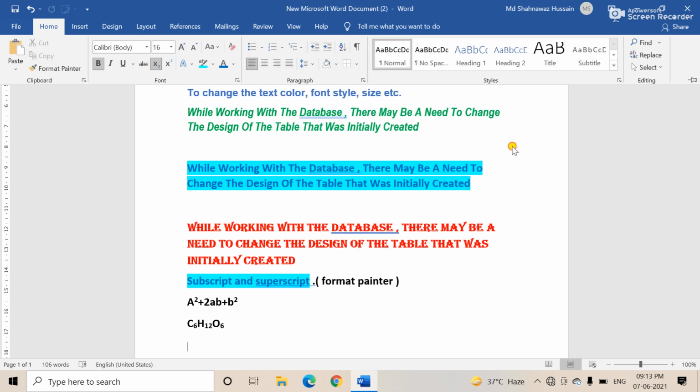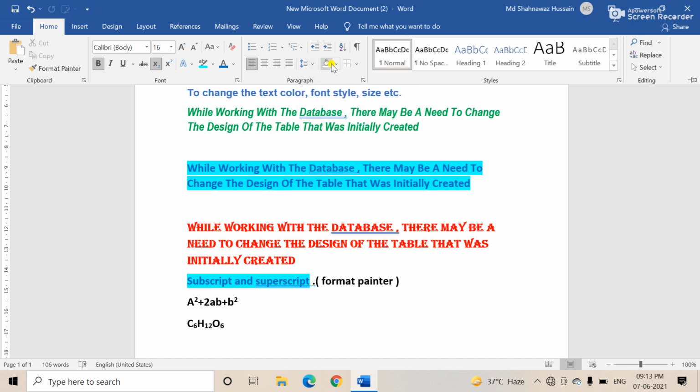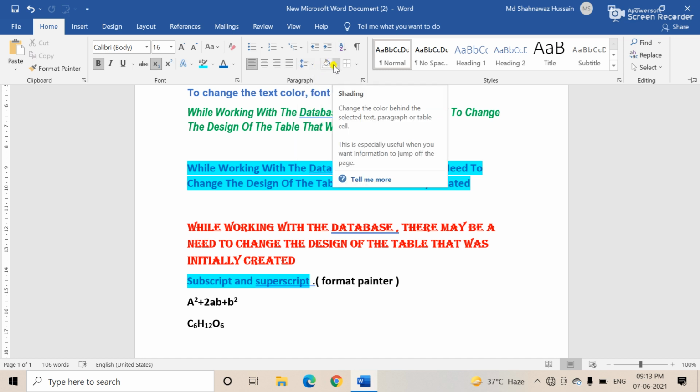Okay, and next is the alignment, four alignments: left, right, center. This is the left. Okay, and next is the center, right, and next is the justify. Okay, and here is the paragraph line spacing, and this is the background color.